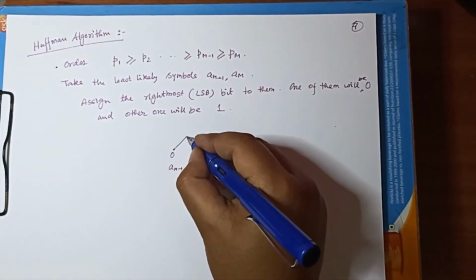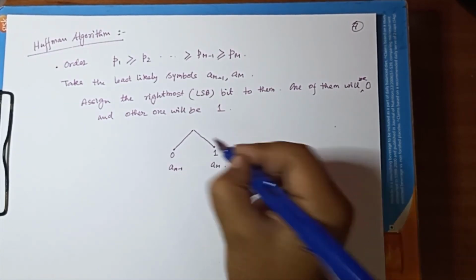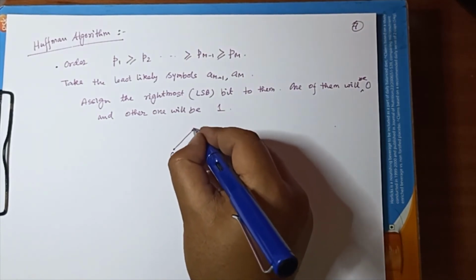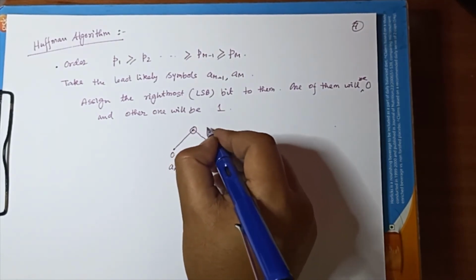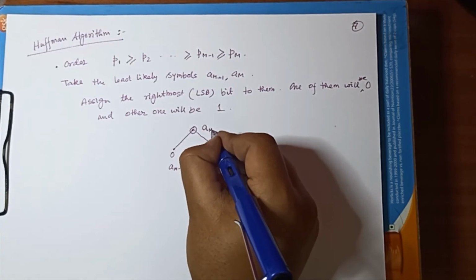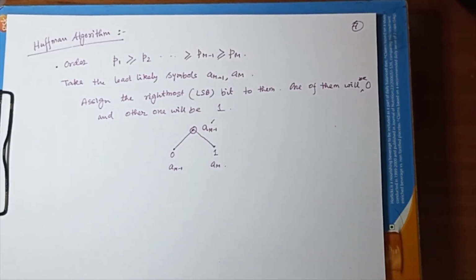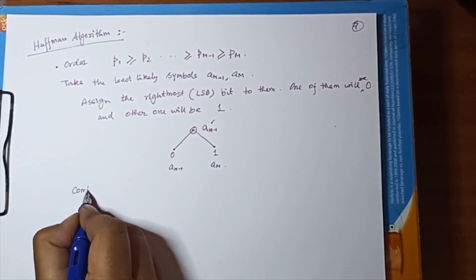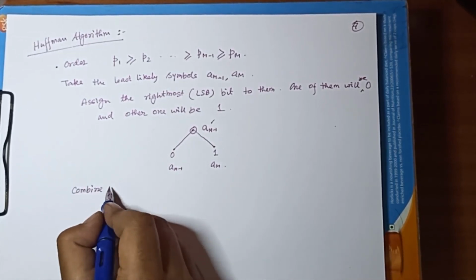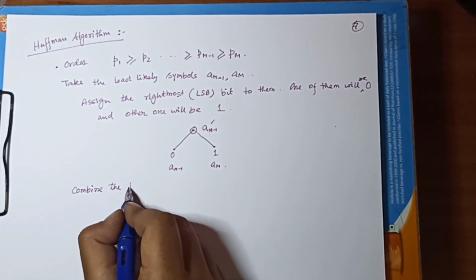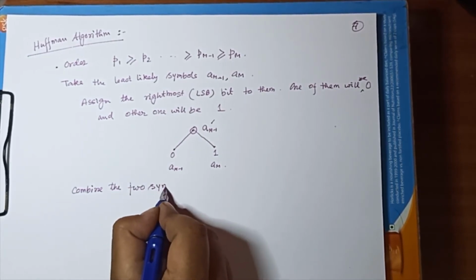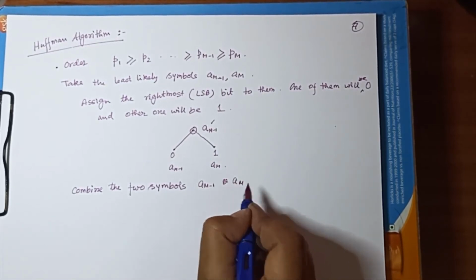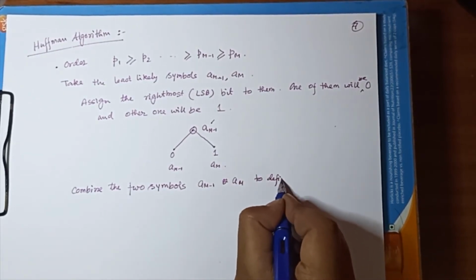Then I move towards the node and assign this node to be a combined symbol, a_{m-1}'. So I combine the two symbols, a_{m-1} and a_m, to define a new symbol,